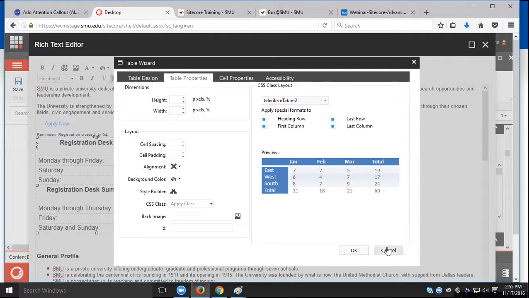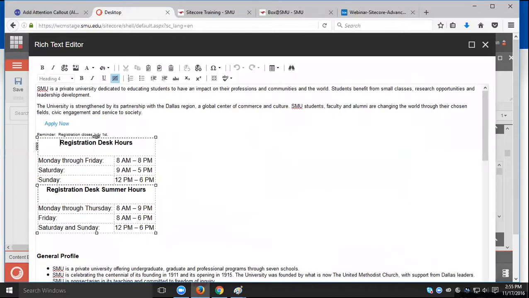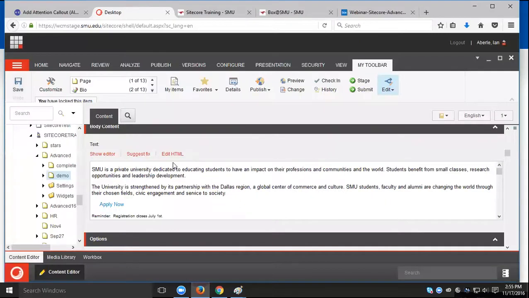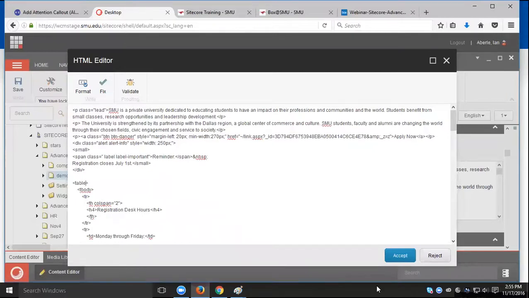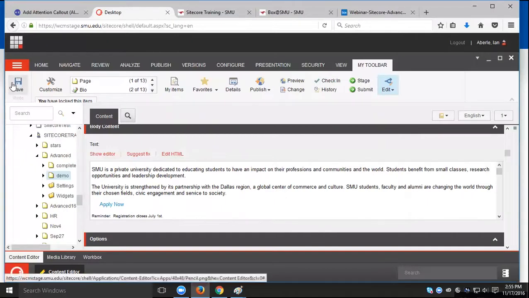and does, I think, a very good job. So I'm going to go ahead and cancel out of this, close that, and get straight to the Edit HTML window, since it fits better on my screen here. I'm just going to come to this very first table tag, click within there, and say class equals table. Just a very simple thing to do, and it does a really great job. And so when we go ahead and accept this and save it,